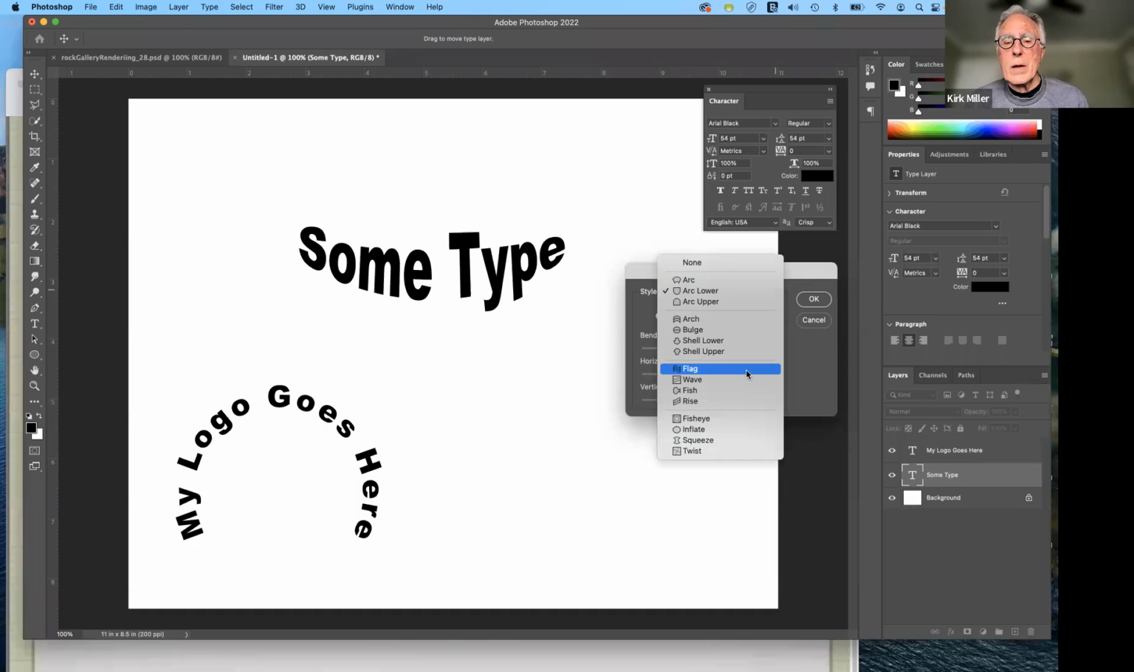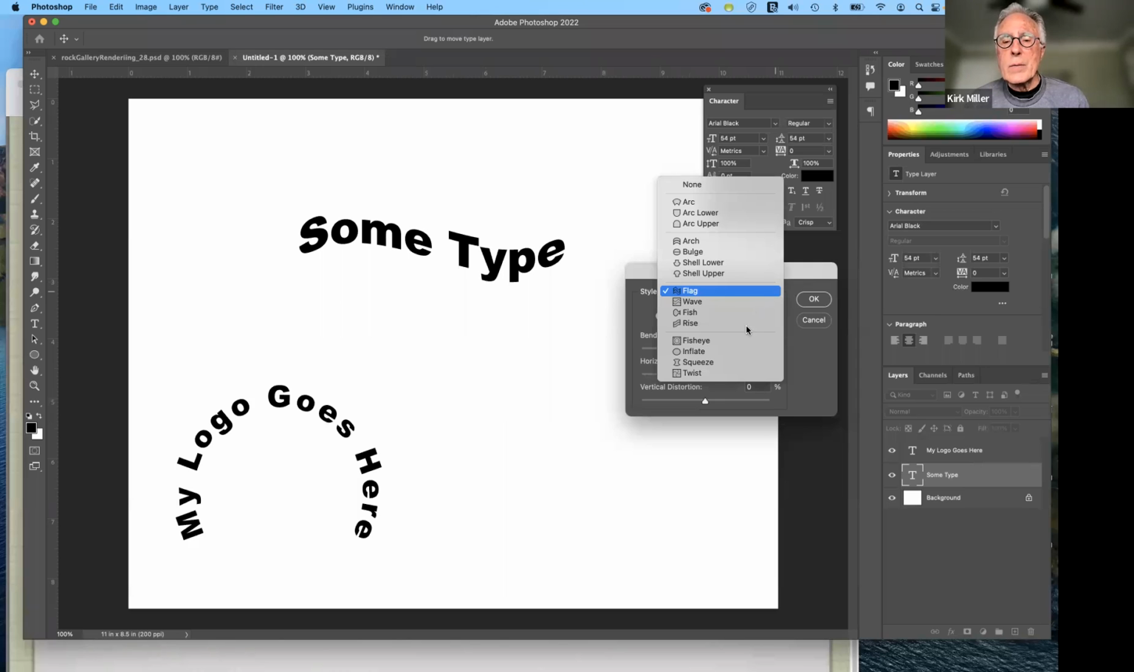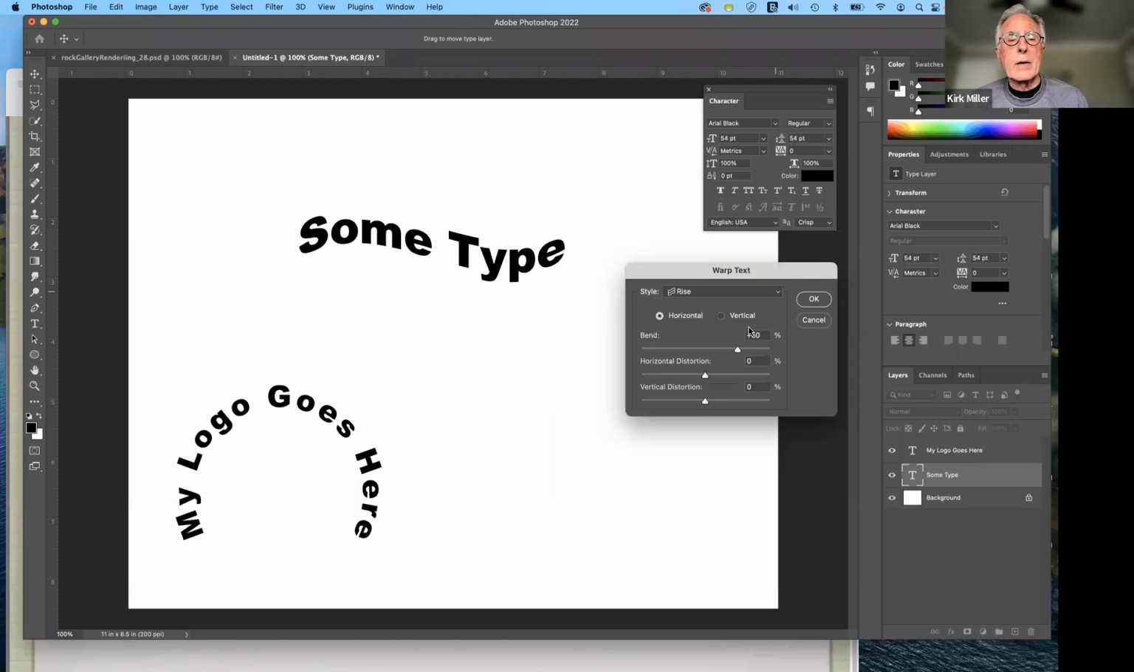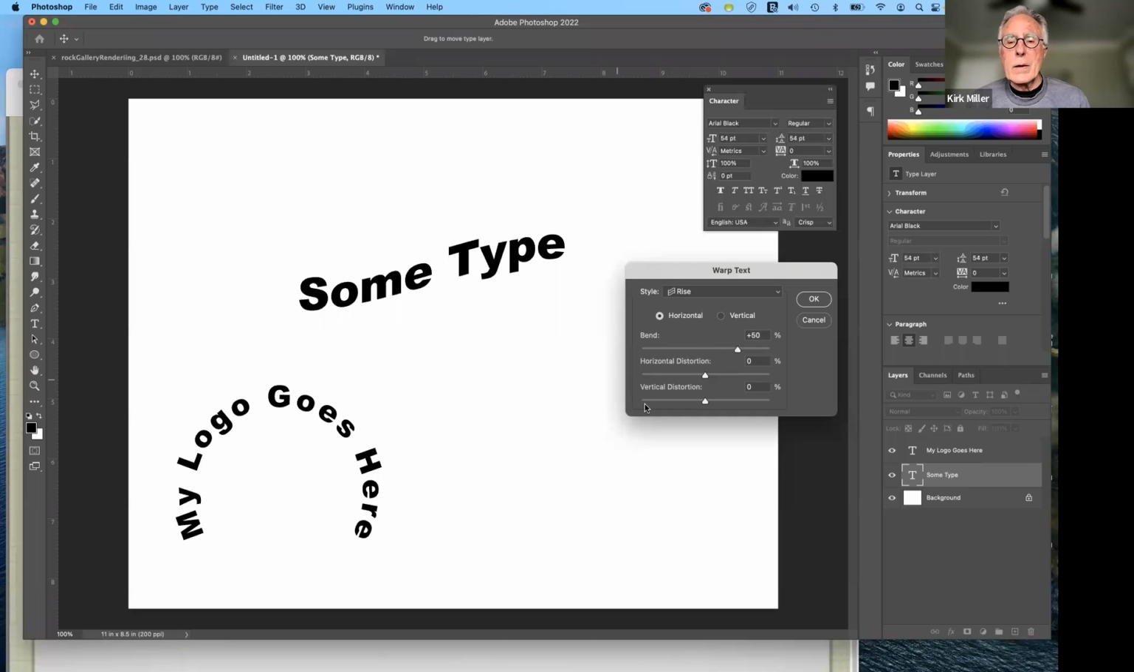If you want kind of a flag or a wavy kind of type, then it follows that path and looks really quite fun. So depending on what you're doing, if you want it to be a raised flag, you can do that. And you have these settings here that control the degree of the bend and the direction of the bend. And you have the horizontal distortion and the vertical distortion that can be changed as well. So these work really nice. As soon as I click OK